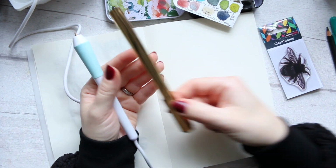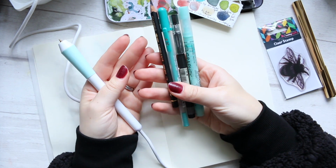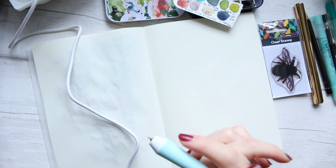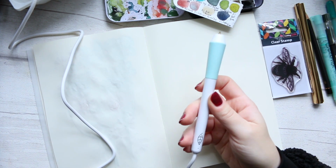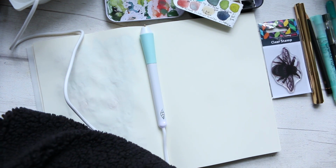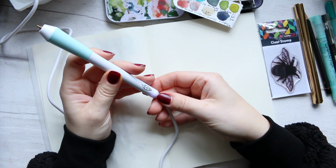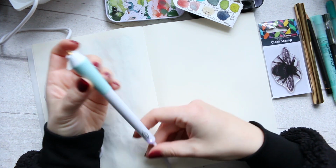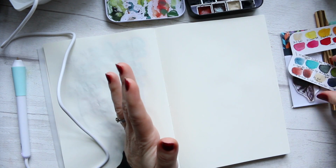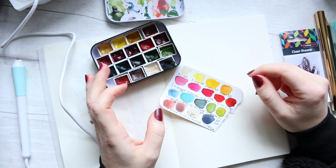So I've got this quite an affordable stamp set there of a bumblebee, which will work really nicely, a bunch of pens that I might doodle with at the end, and a little of the gold foil, which comes when you buy the tool. So what you need to make sure is that your tool has been heating up for at least 5 minutes, so it's ready to go. It's a USB cable, so it's not a socket plug-in. It goes into your computer or one of those